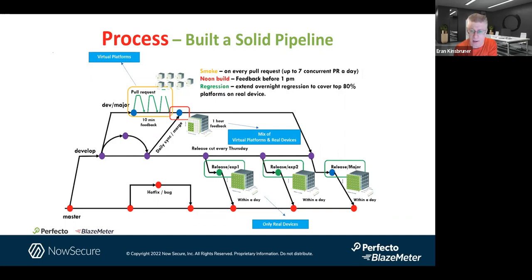They lead to the nightly regression of about 8 to 10 hours, and this is a full-blown high coverage cycle. But think about it, when they reach this point, it can be midnight or whatever, they have great confidence because they already executed a bunch of test cases throughout the day on the recent code changes.